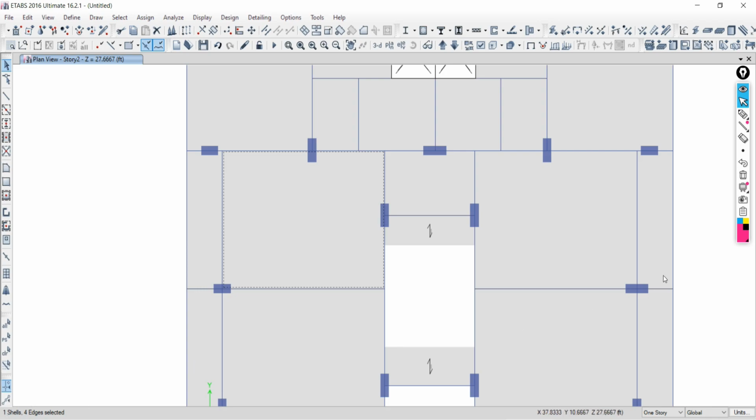One shell has 4 edges: 1st edge, 2nd edge, 3rd edge and 4th edge. So this is the way of selection. If you want to clear this selection, just click over it again and it will be cleared. If you click over it again, it will be selected. Another way is to just click over clear.